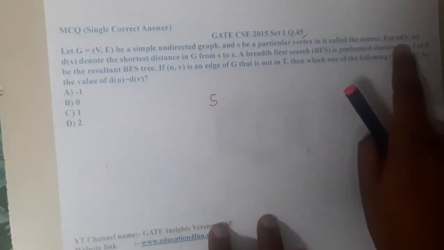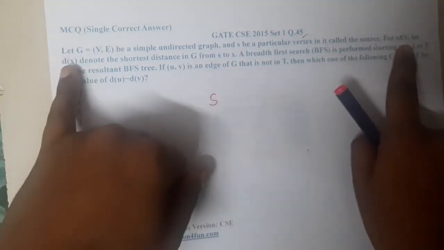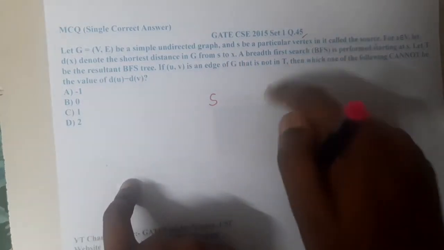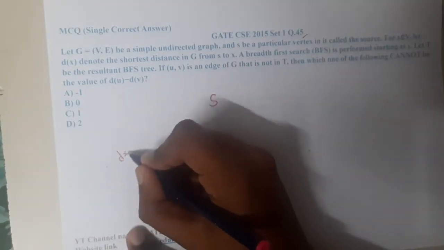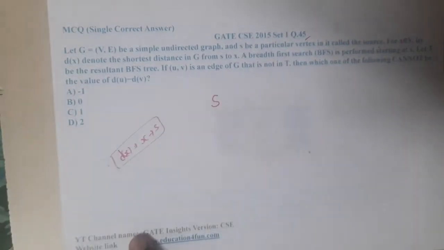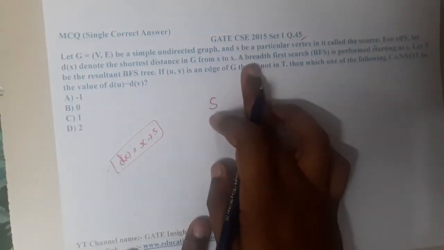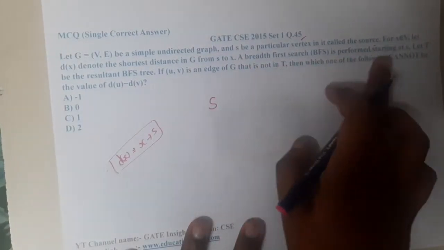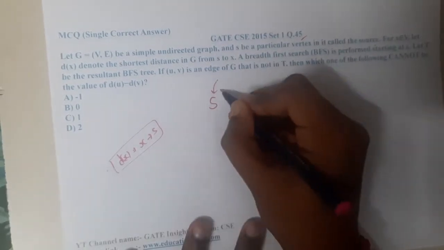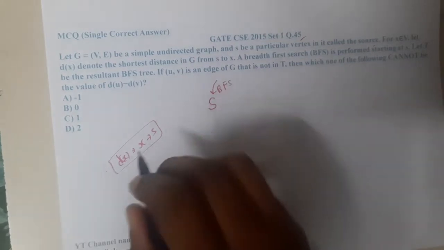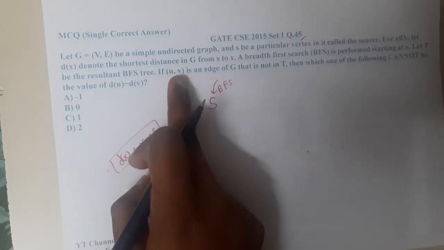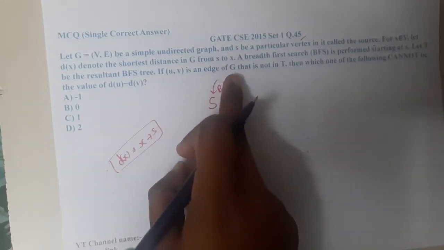For X belongs to V, let d(X) denote the shortest distance between S and X. This is just a small assumption they are making. A breadth first search is performed starting at S, so wherever S is, from that vertex only we start the breadth first search, of the tree. Now if (U, V) is an edge of the graph G